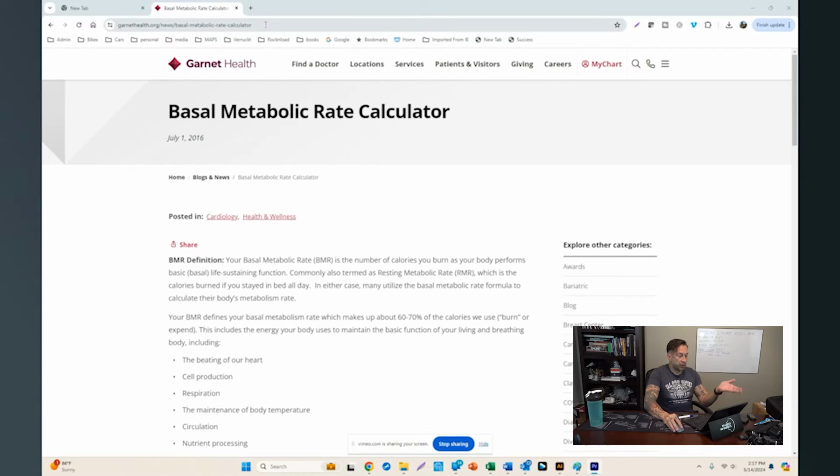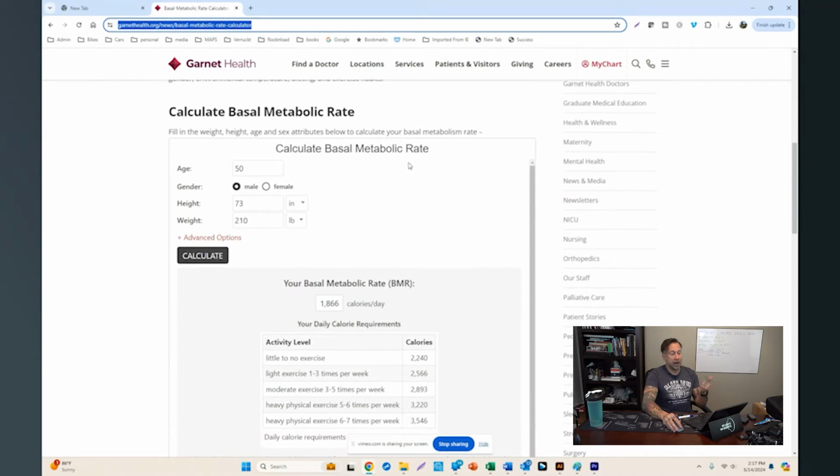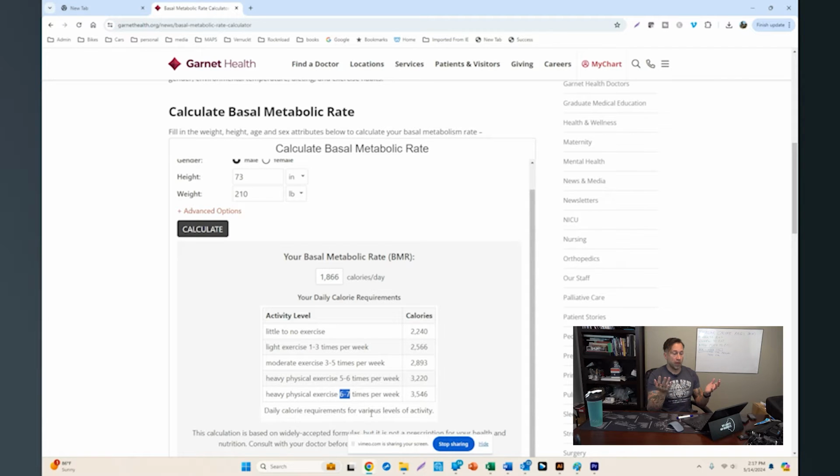And if I just go to one like the Garnet Health one and pull it up, I plug in my age, my height, and my weight at the beginning of the calculation period I used, which was 210 pounds at 6'1" and 50 years old. And knowing at that time I was lifting 7 days a week and swimming, hiking, paddleboarding, or something else roughly 4 times a week, that makes 11 times a week. So looking at this calculator, I'm going to use 3,546 calories per day as an online reference,